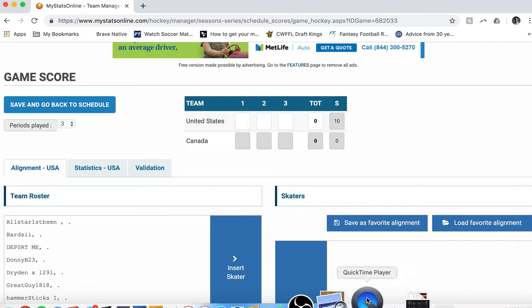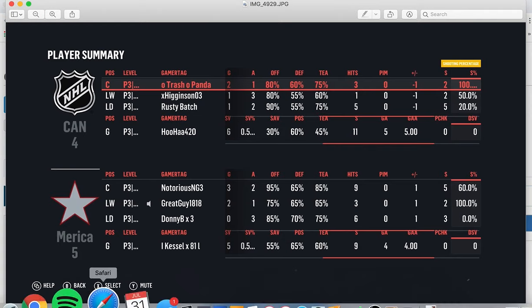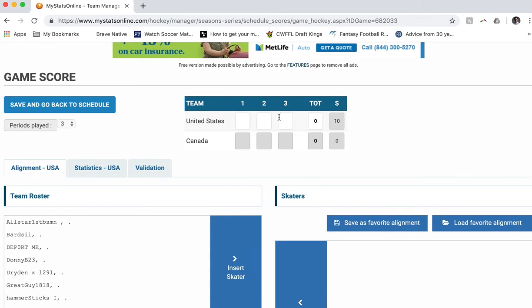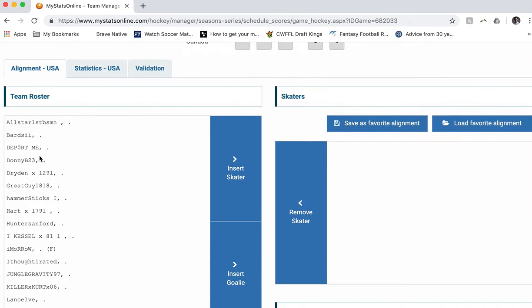So we want 5 goals, and our lineup is Notorious, Great Guy, Donny, Kessel, and Net. So when we go back over here, it doesn't really matter where you enter these goals unless there's an OT goal that'll show up if you win an OT. But 5, just enter them all there in the third,